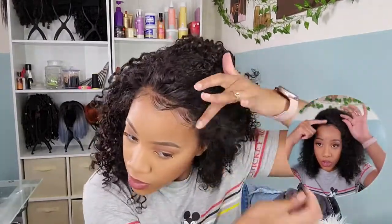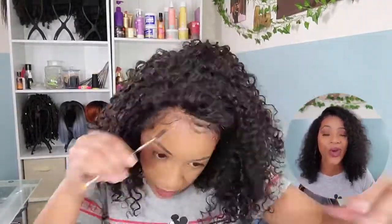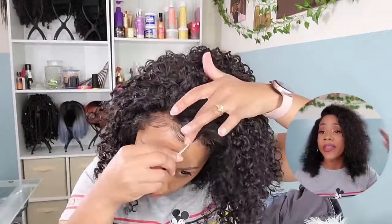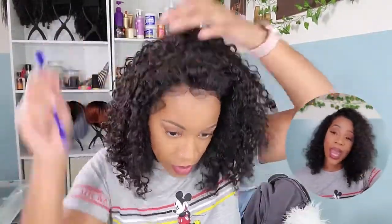All I did was just use a little bit of Got to Be for the hair's edges, doing my little swoops. Preferred methods that are going to be beginner friendly, anybody can do, and it's not going to take a whole lot of skill, nor is it going to take a whole lot of time. This wig for me does not take a whole lot of time, other than laying my edges,